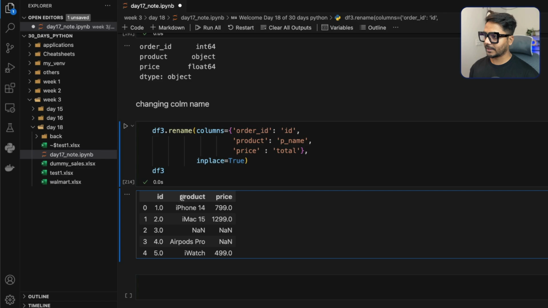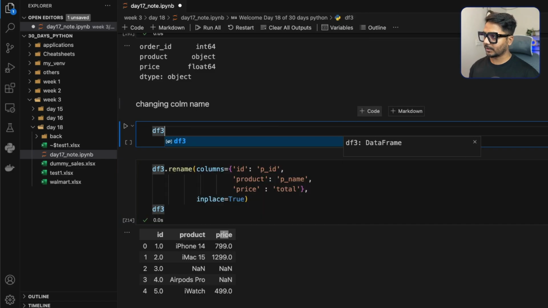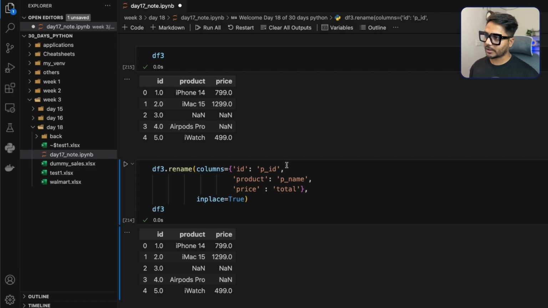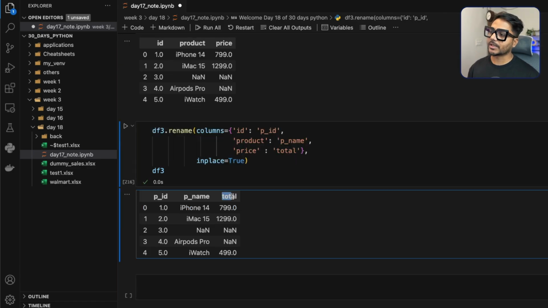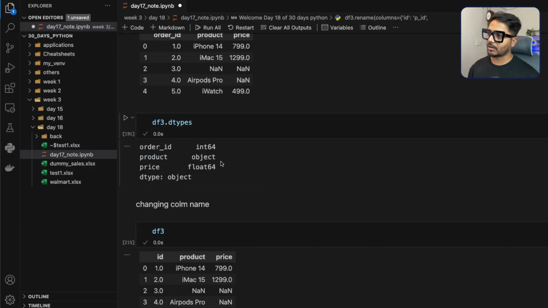Before that, you can see I have id, product id, and the price. Now I would need to change id to maybe product id, PID, because now the data frame has something called ID. So df3, you can see it has ID. So ID I'm changing to PID this time. This is how you can change the column names, and we have earlier seen how to change the column data